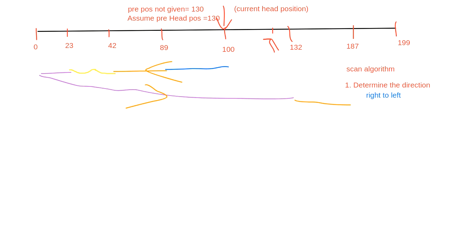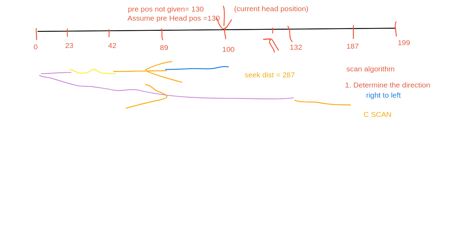Now what I will do is use this same space for doing circular scan. This is the scan algorithm. Let us see how C-scan works. So here I will write circular scan algorithm. It works the same as the scan algorithm, but it has a little different trick. Let us understand what that trick is.